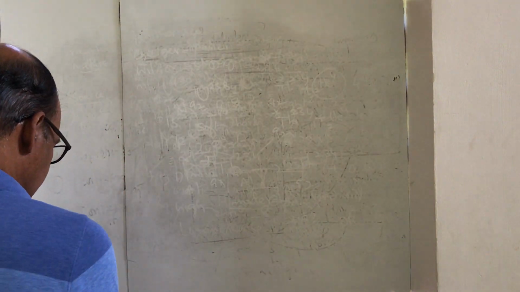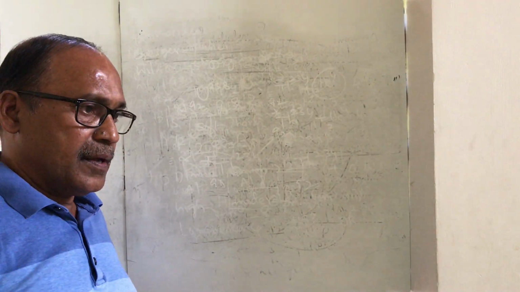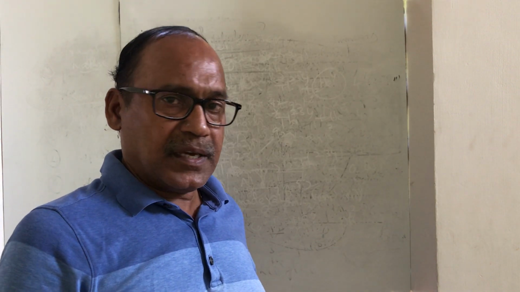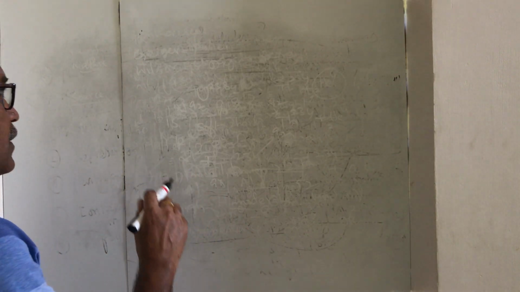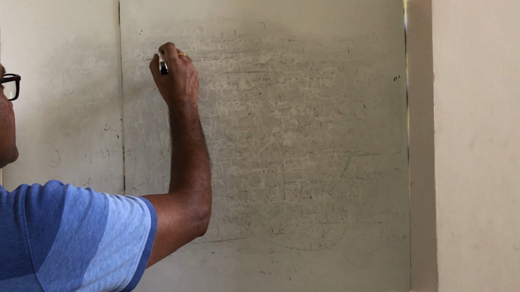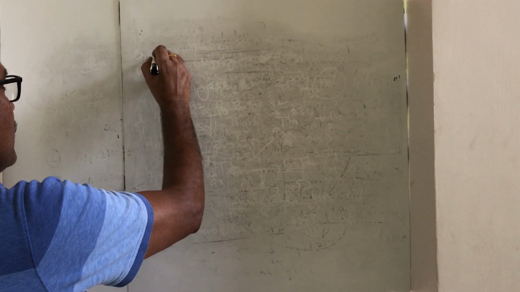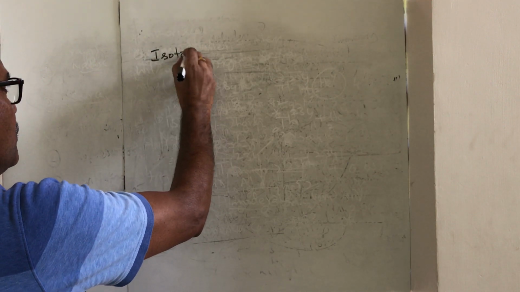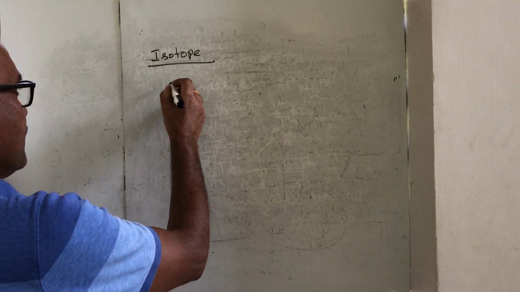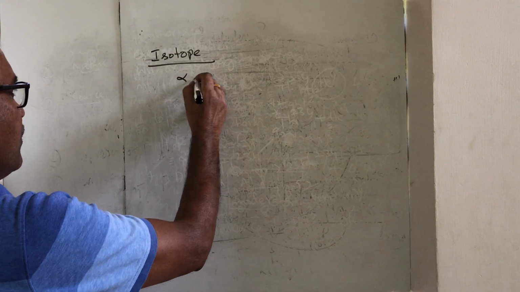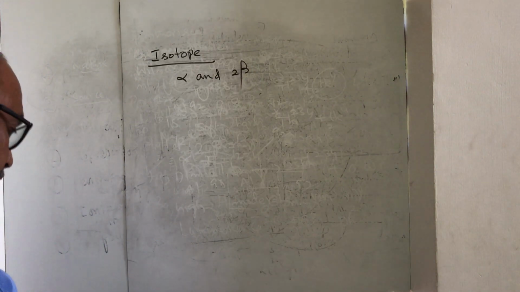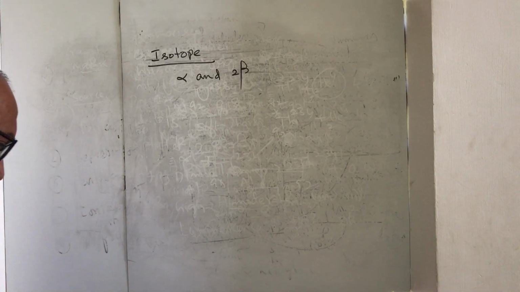So one important thing we have to notice during nuclear decay with the different possible particle emissions: here the radioactive nucleus, an isotope, is resulted by the emission of one alpha particle followed by two beta particles. This we can understand